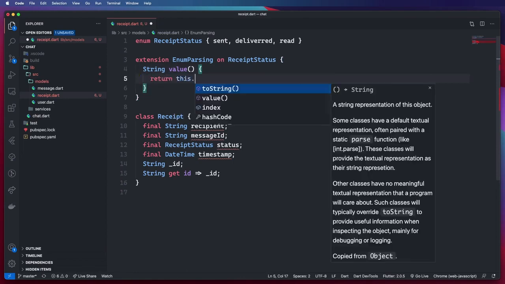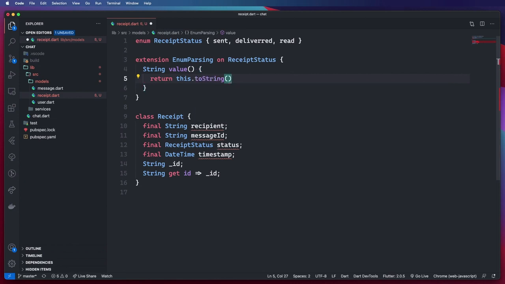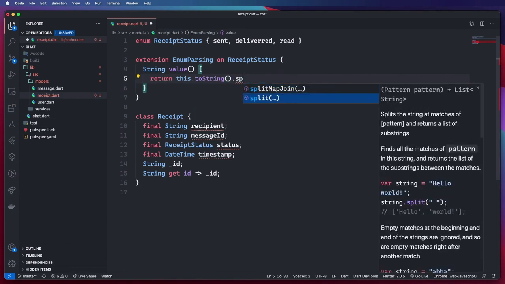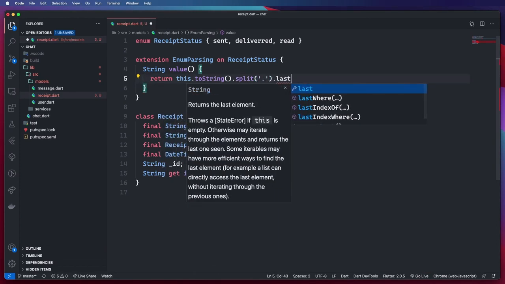So I'm just going to say this, and this will reference the receipt status or the enum, and I'm going to say to string, and I'm going to split that enum using the period and give me the last